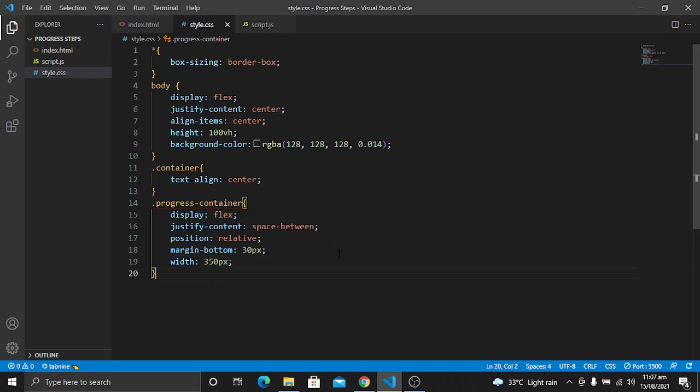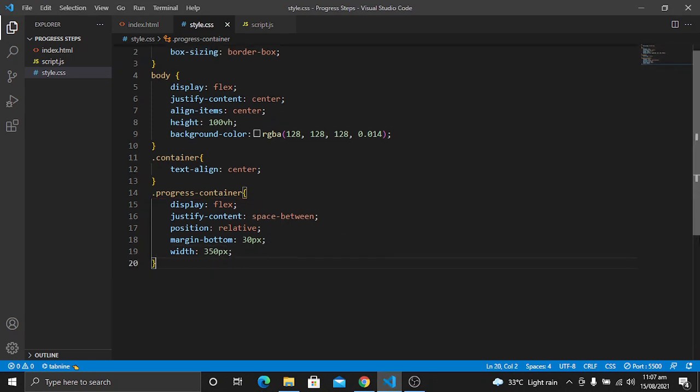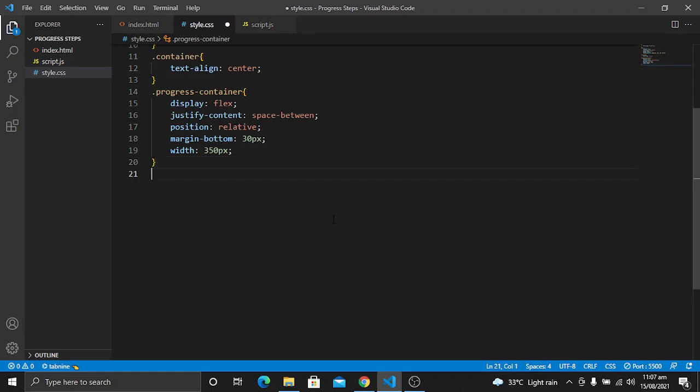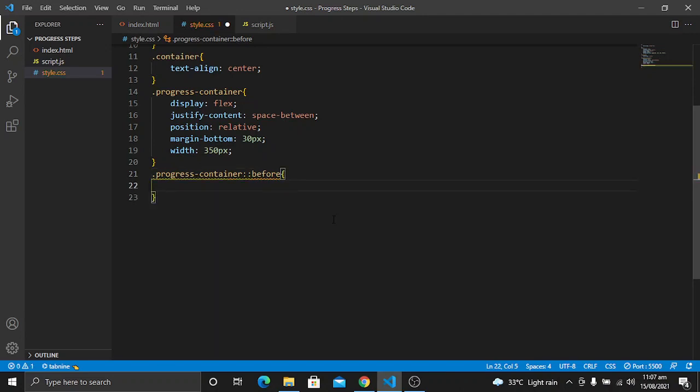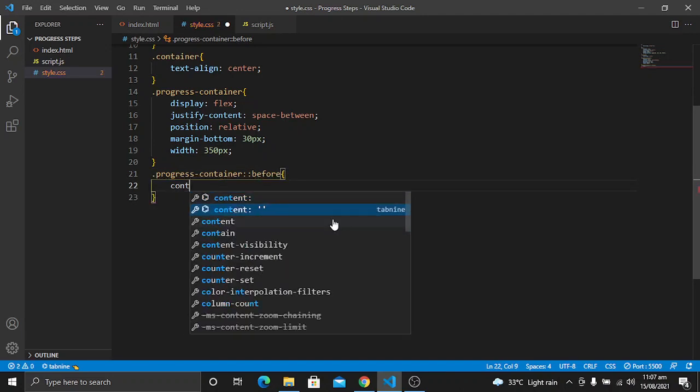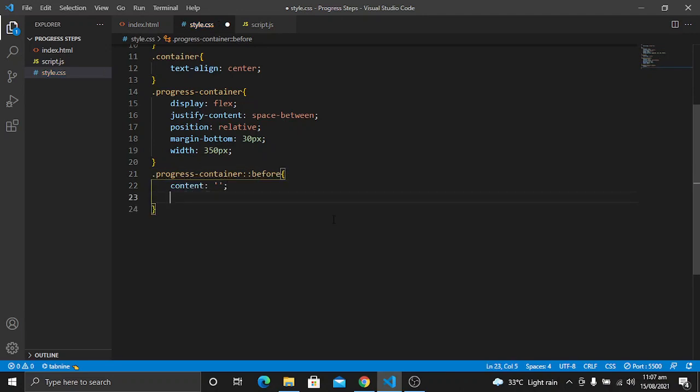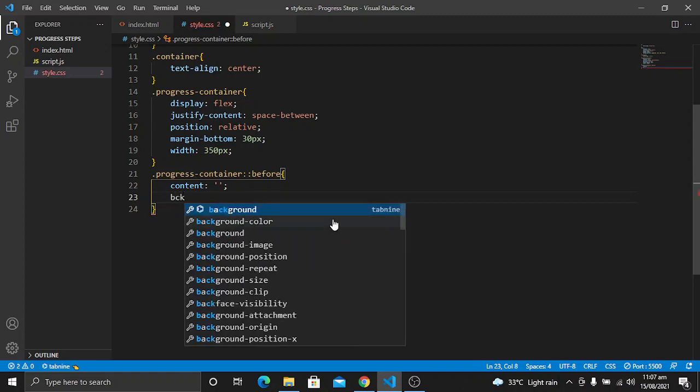So in the next step we want to use the pseudo selector of before. So I will target the progress container, and for before we want to give it first of all some content property, and then we will give it a background color.